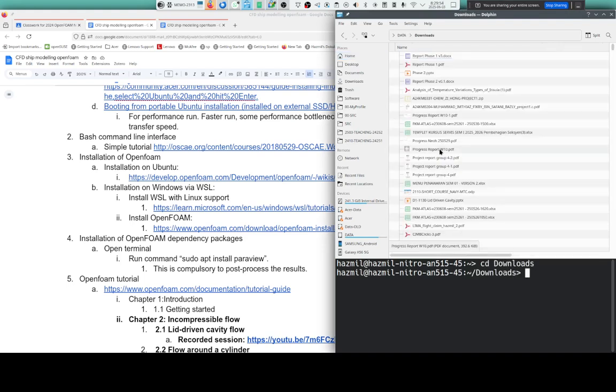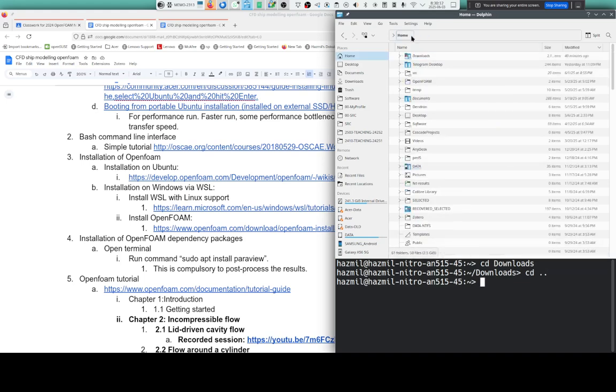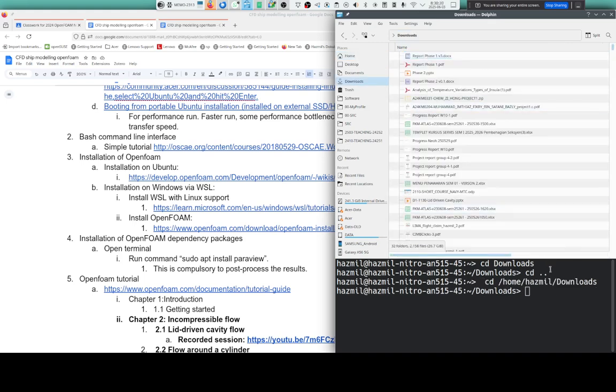So I'm entering this downloads directory. Next I can also go up like this: cd .. means the parent folder. Now I am in the home folder. So assume that whenever you double click a folder, it is similar to cd,